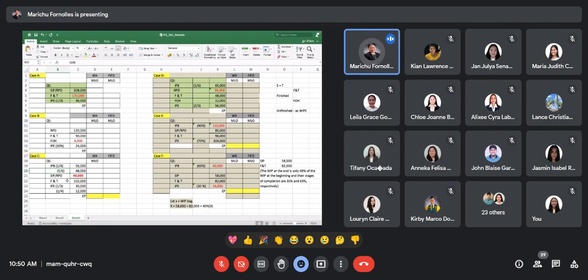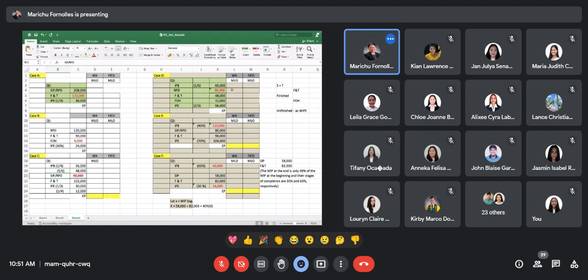Okay, so what is unknown is the SIP or the RPD. So what you're going to do is get the total targets by adding F&T, and the two groups of IPE. So 102,000 plus 30,000 plus 12,000 equals 144,000. That's the total targets. Minus the two given sources, minus 56,000 and minus 48,000. So the balance would be 40,000, which is our SIP.